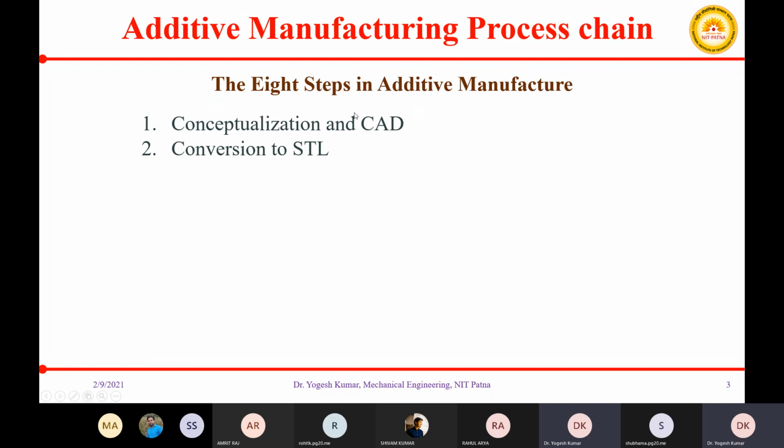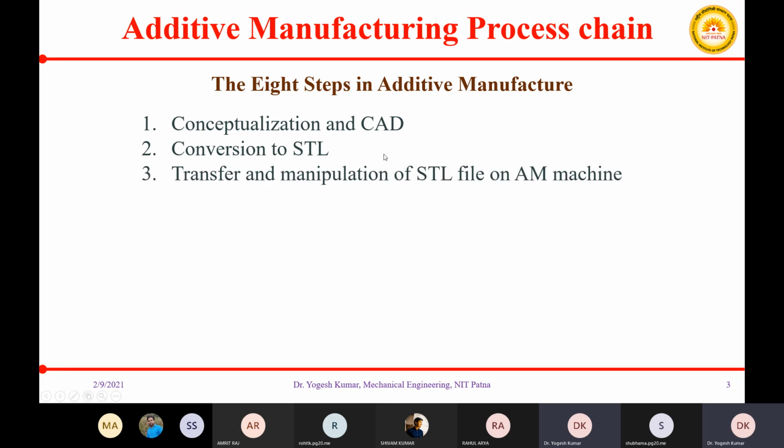I will be elaborating more about these 8 steps in the coming slides. So the second step is conversion to STL. Your CAD file is converted into an STL file. We will be discussing this in today's lecture. Then the third step is transfer and manipulation of your STL file on the additive manufacturing machine or RP machine.